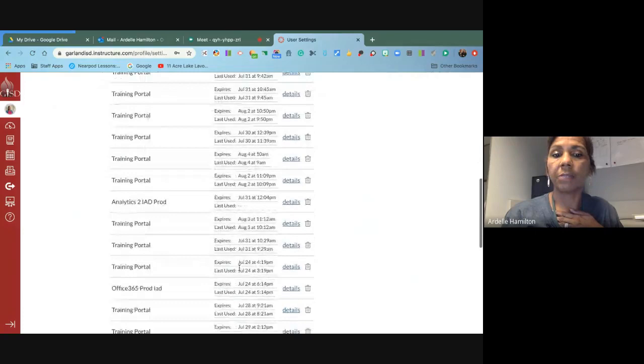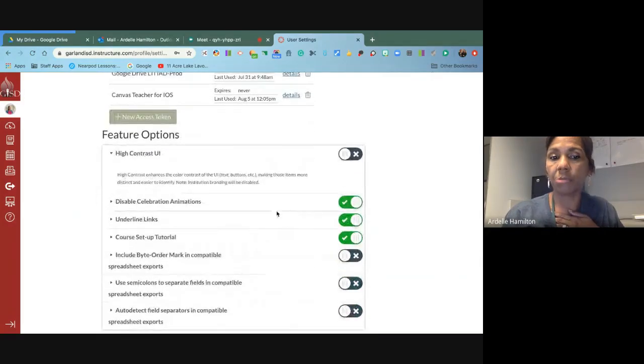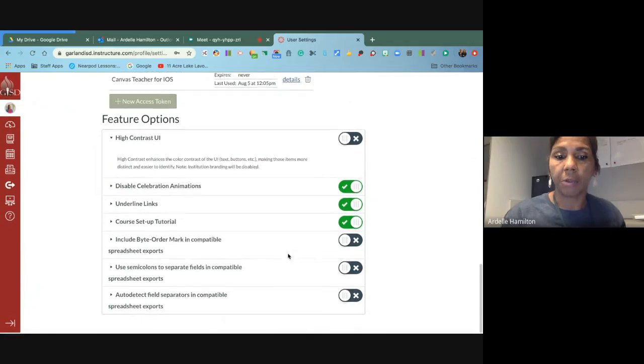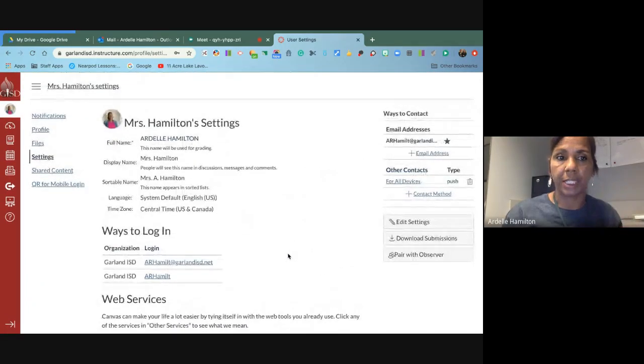Okay, the rest of them are just details, training portal details. There's some more, like every time the kids turn in an assignment, it gives you a little celebration. If you don't want the kids to have that, it's like a confetti celebration for the kids, then you can go ahead and disable that. But those are basically your personal settings. Now there's a difference between your course settings and your personal settings, but currently we're just fixing your personal settings,